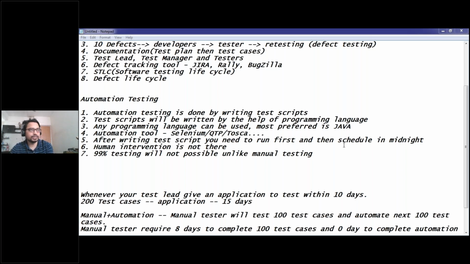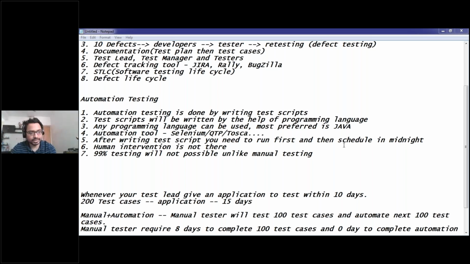When you go into the testing department, then you have to write the test cases. You will write the test cases only if you have product knowledge or software knowledge. Then once you write the test cases, you need to know which test cases will be dynamic and which test cases will not be dynamic, will be stable. Those stable test cases you can automate. So you have to pick those test cases, and then write an automation script using Java. Once you write the test cases, then you have to schedule them.